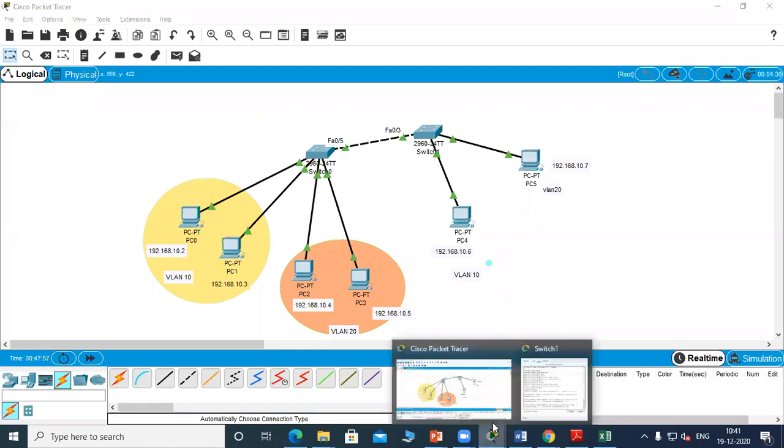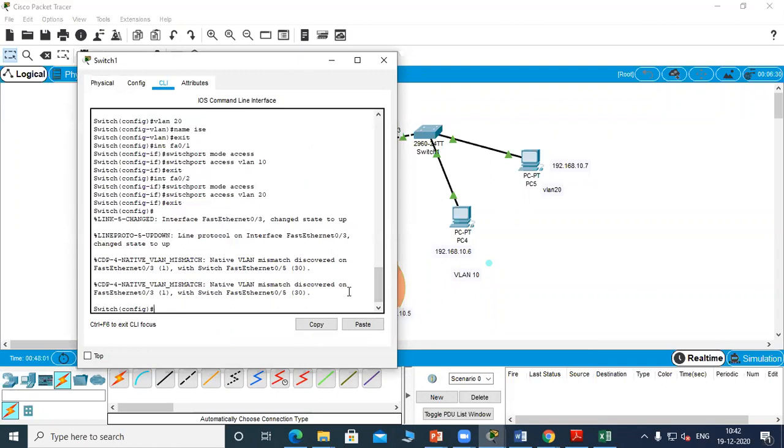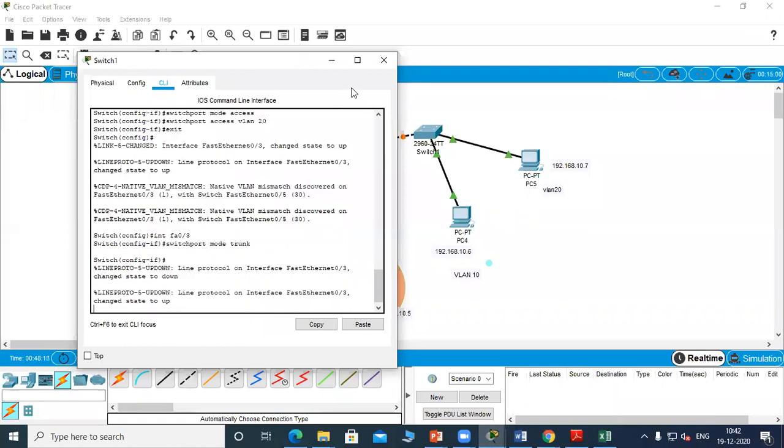Go to the switch. This is 0/3 for switch 1. Interface FA0/3 and then make it a trunk. Okay, that's it.